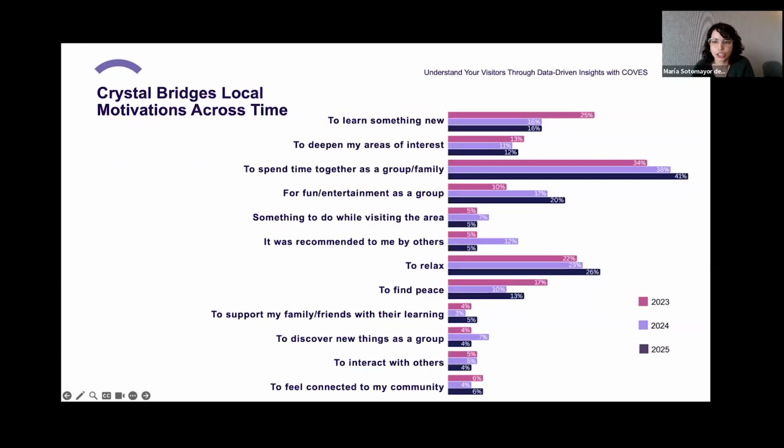So this chart is showing you Crystal Bridges' local motivations across time. To give you a really brief summary, 2023 is in the hot pink bars, 2024 is in the lavender, and then the dark purple represents 2025. And here are a few things that stand out to me. See how learning something new, this first category right here at the very top, how that rated much higher in 2023 compared to later years.